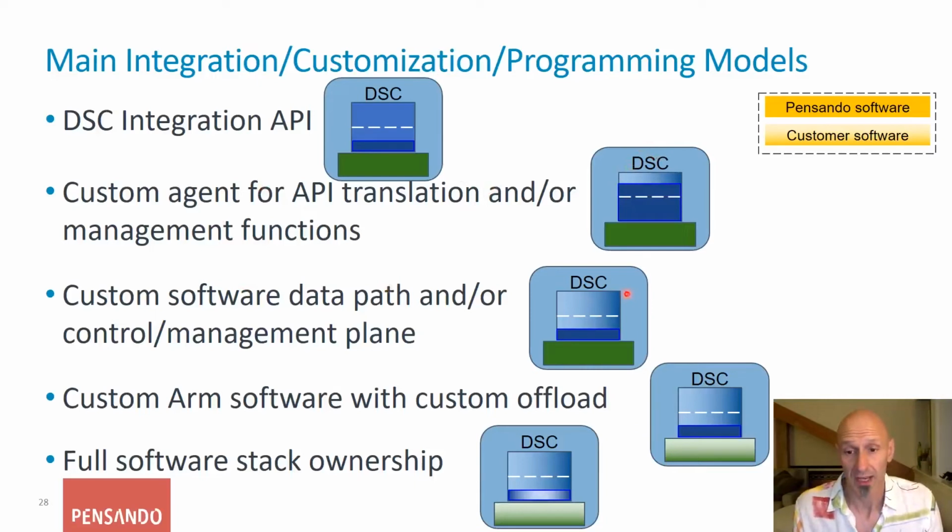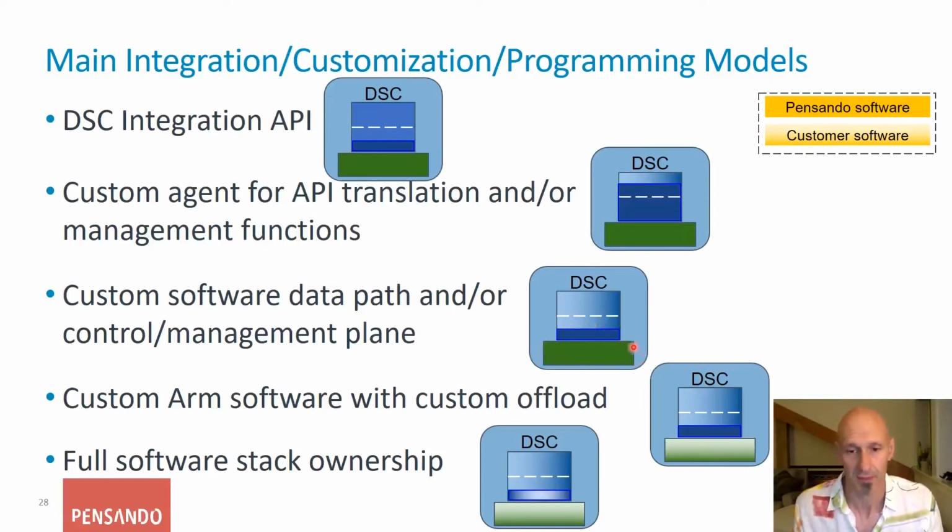Or another customer might want to completely customize both the control plane, management plane, and the exception data path while using the fast data path that is provided on the